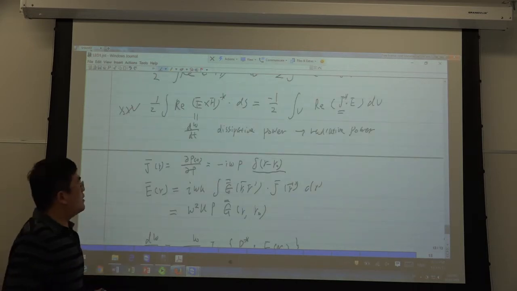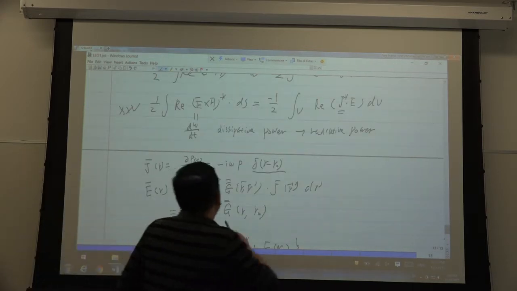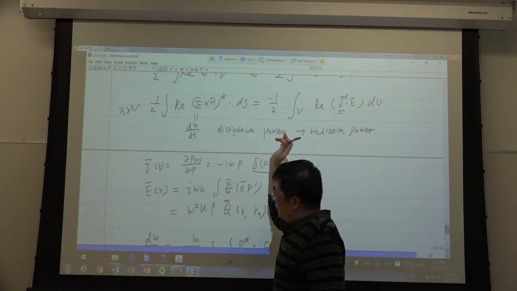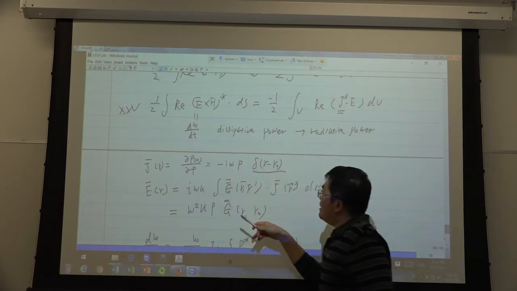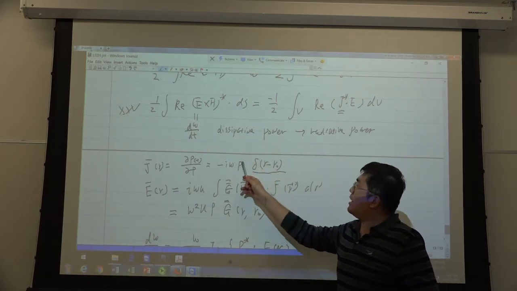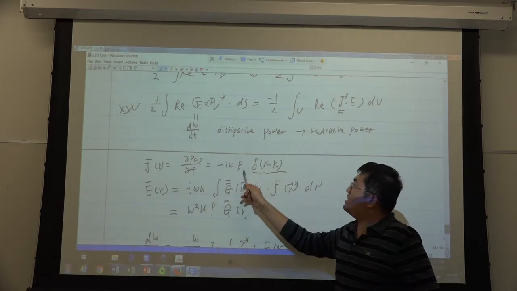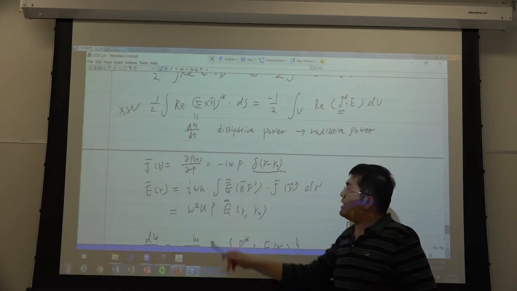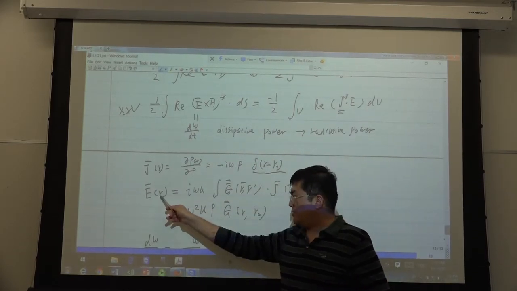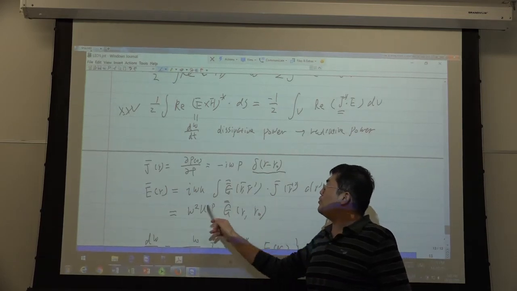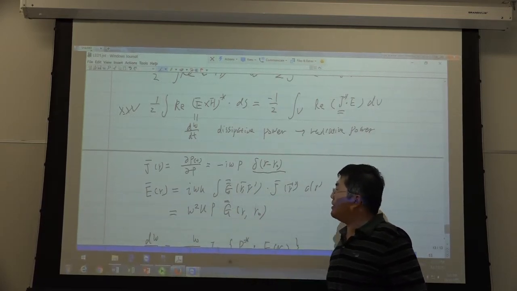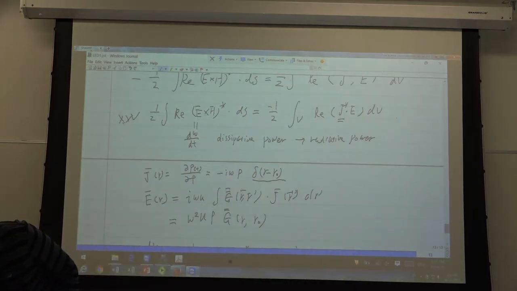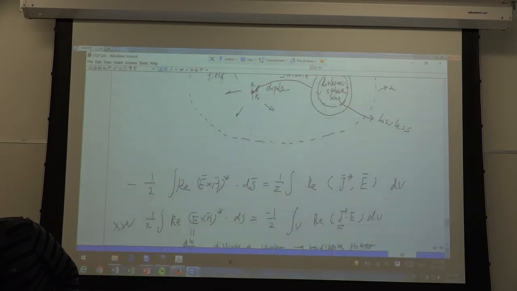Let me explain this. Okay, this is some derivation. You can see here, the Green function, typically I use free space, I get this. First we consider free space. We know that J is just some delta function, and P is the polarization strength. I just substitute into this equation, and I get the E field at some observation point is omega mu P times G. G is just the free space Green function.